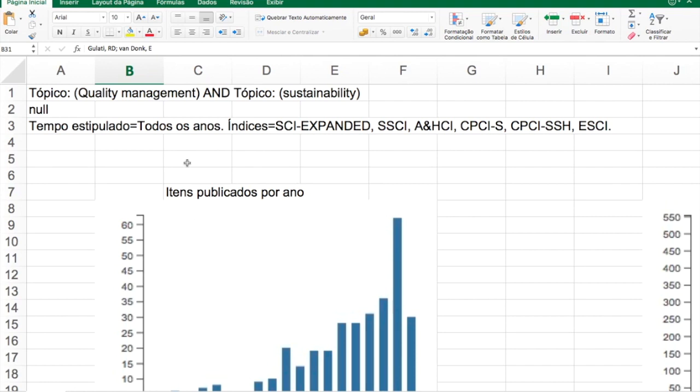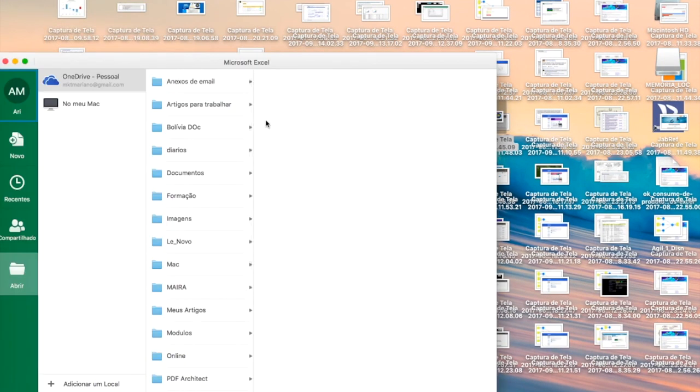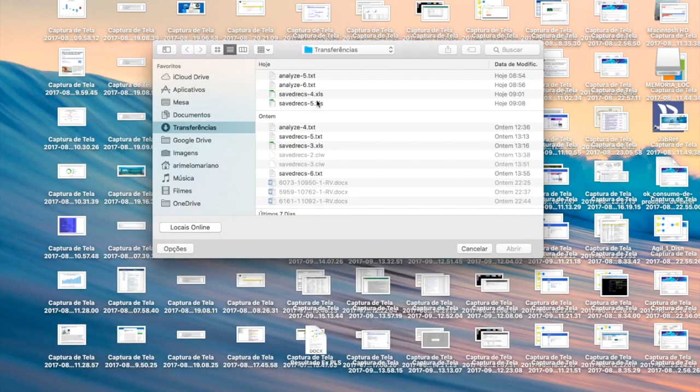Since we are here in Excel, I'll take the opportunity to do the following. I'm going to open those results that we had in the analysis of results, such as authors, etc. Here, opening. My computer, the transference folder, and it's already here, analysis. Can you see? I'm going to get this one about authors.